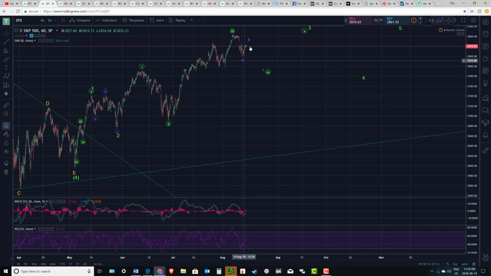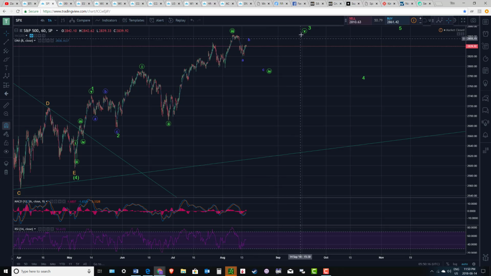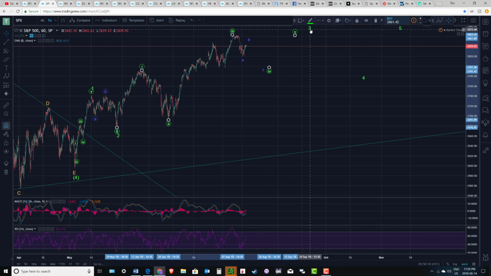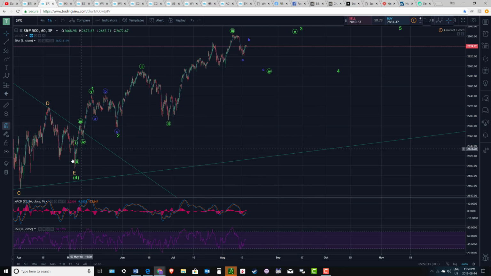So anything above that in this pullback we can still confidently label as a 4th wave, and then we'll have a 5th wave up, and that'll complete this larger 3, for this 1 too. Then we can have another 4 as long as we stay above that level. It can be considered a 4, and I'm starting to get ahead of the action here, but just what to